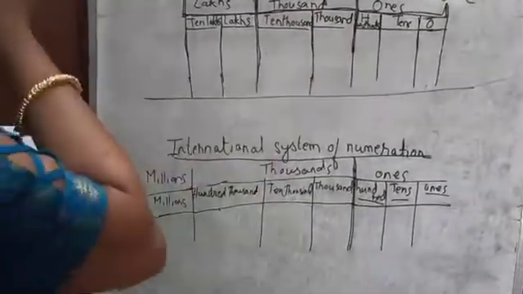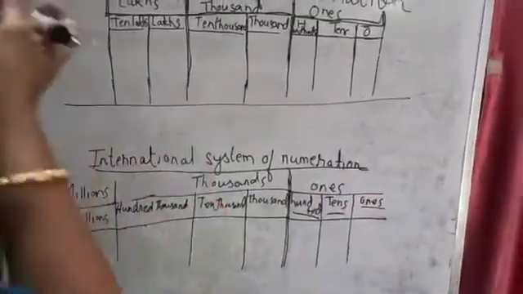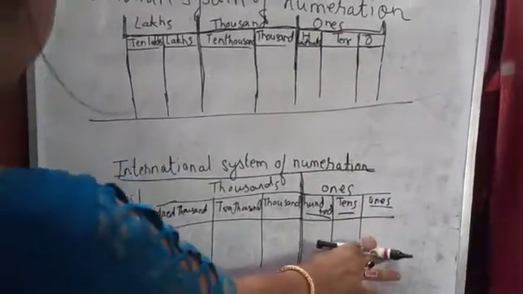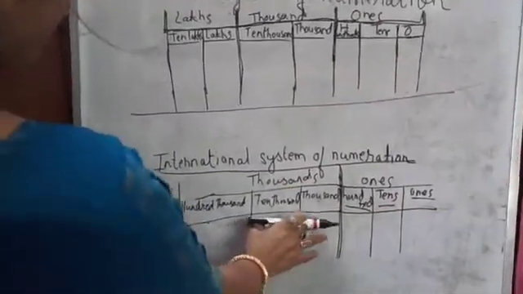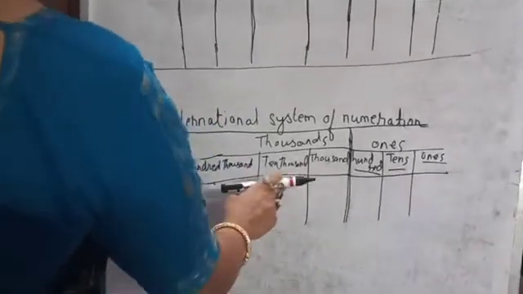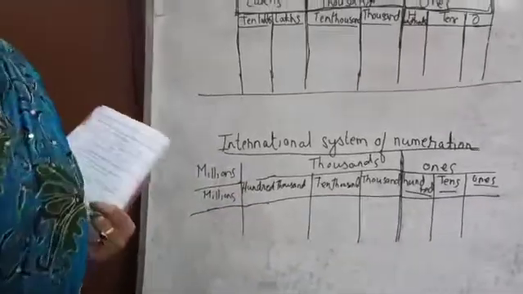After that you have to put the commas in the Indian system of numeration. Regarding the international system of numeration, you find the ones place. That's the same as in the Indian system, and in the thousands place, you have to go with 3, just like the ones. That is 1,000, 10,000 and 100,000, not lakh. And after that goes the millions.